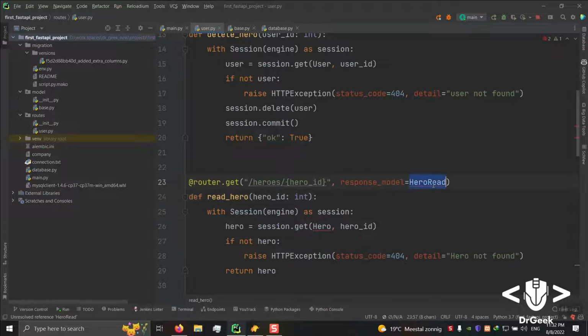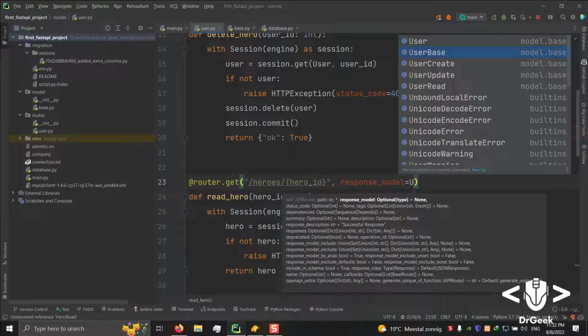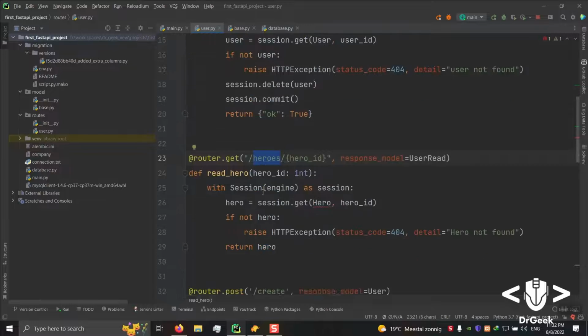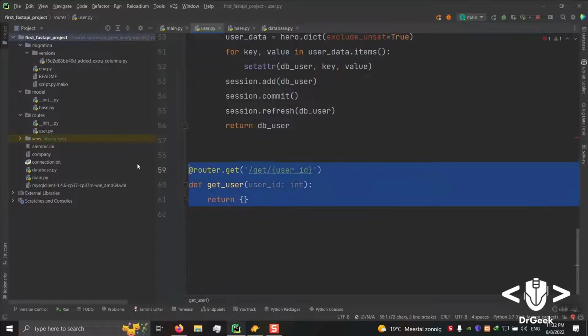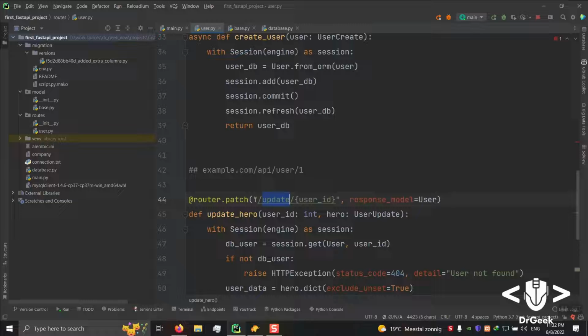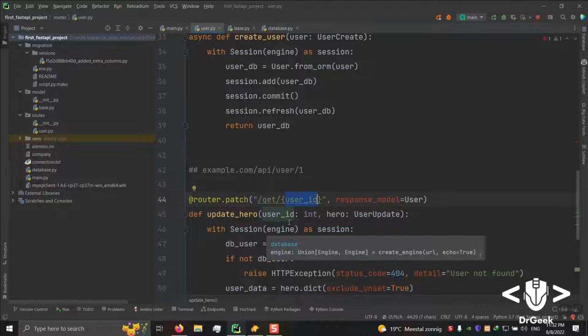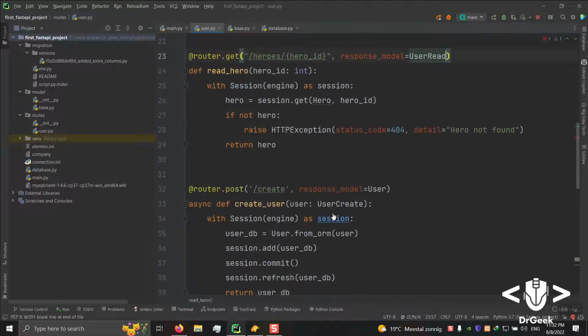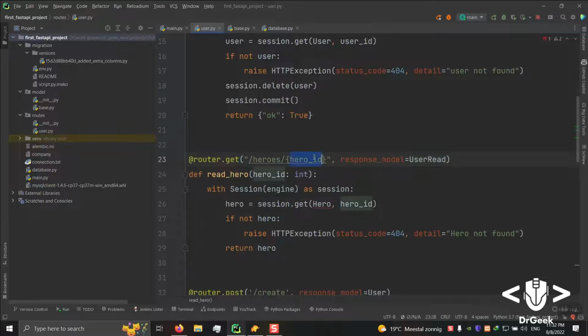We got our user read here, and I'm going to, however, we had a method for it, but that's okay. User get user ID, and this user ID is going to be received here. However, oh shit, I was just working on the wrong guy. Okay, user ID is going to be